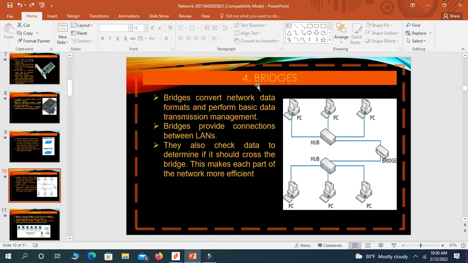Bridges are used for data transmission management, and bridges provide connections between LANs. This is an important point that you need to keep in mind. They also check data to determine if it should cross the bridge. This makes